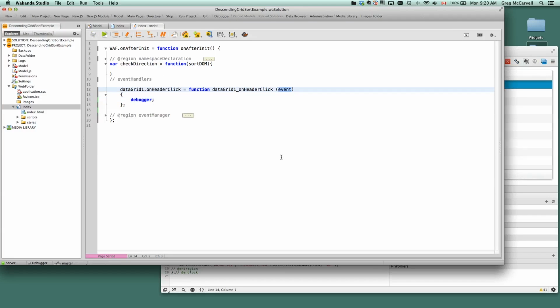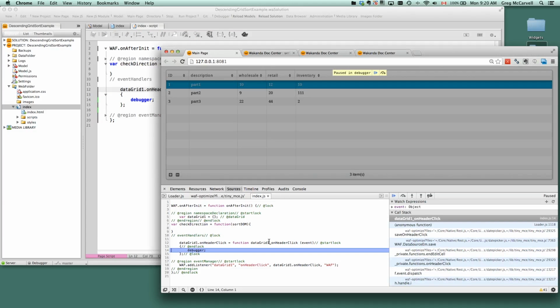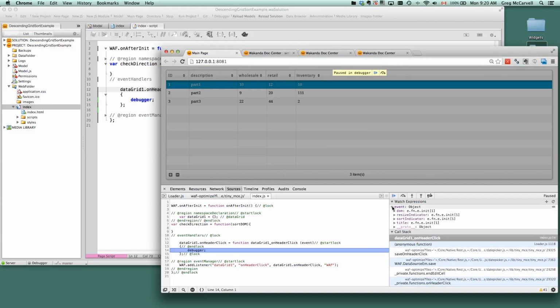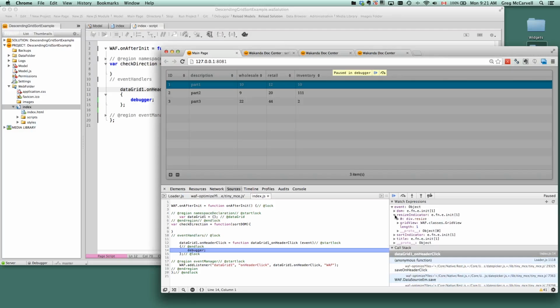You can see it's passing in an event object. So we'll do a refresh, click, we've got our debugger. I'm going to look at the event object, and the event object passes in the DOM element, which, if you hover over, you can see now I'm in Google Chrome, that's grabbing the entire header of that column. The resize indicator, you can see it's